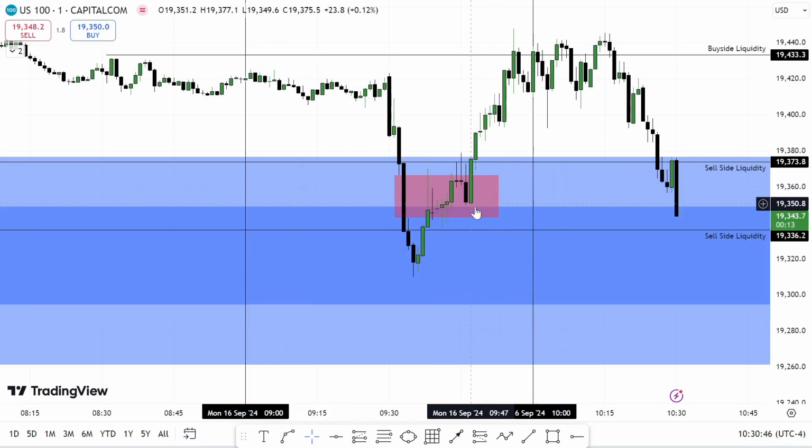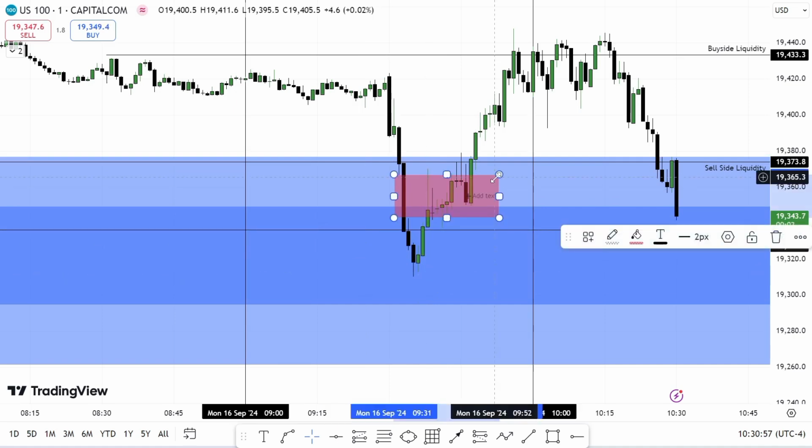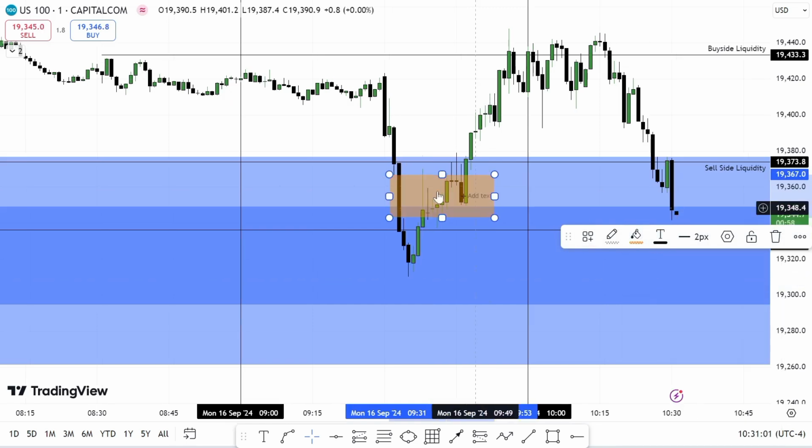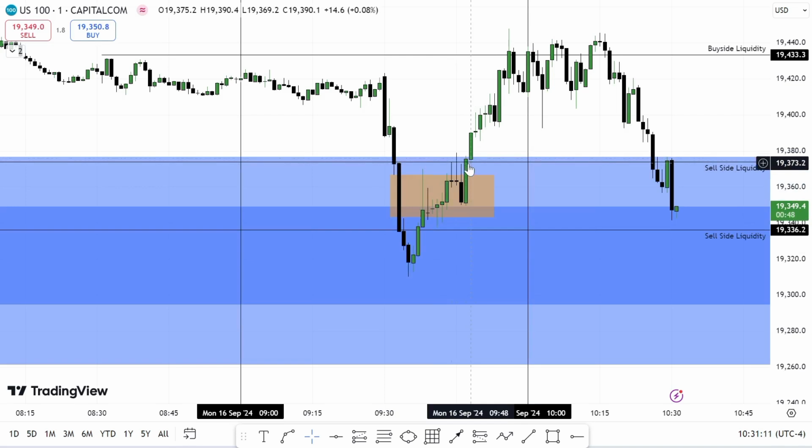So this was how I built the bias. Once it gave me this move here, willingness to the upside after taking the sell side liquidity that we framed from the 15-minute time frame. That willingness was because it has taken the sell side liquidity, rejected off that, and traded out of this bearish fair value gap, turning that into an inversion fair value gap. So I entered buys from here,